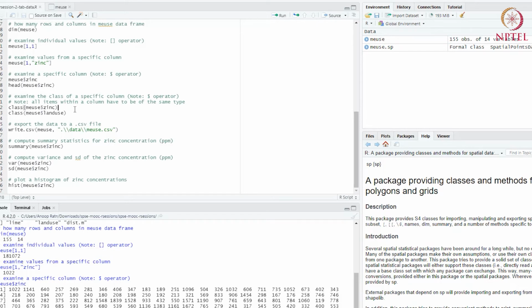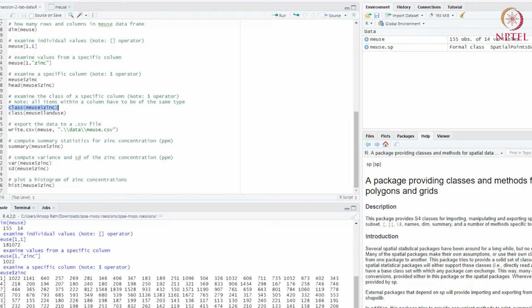So for example, the zinc column, if we print out the class, the type of that column, we are told that it's a numeric type. So all of the values in a particular column of a data frame have to be of the same type. You can't mix.